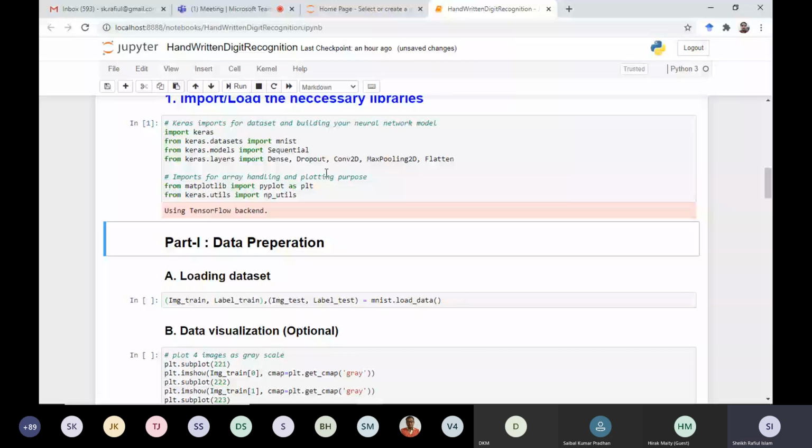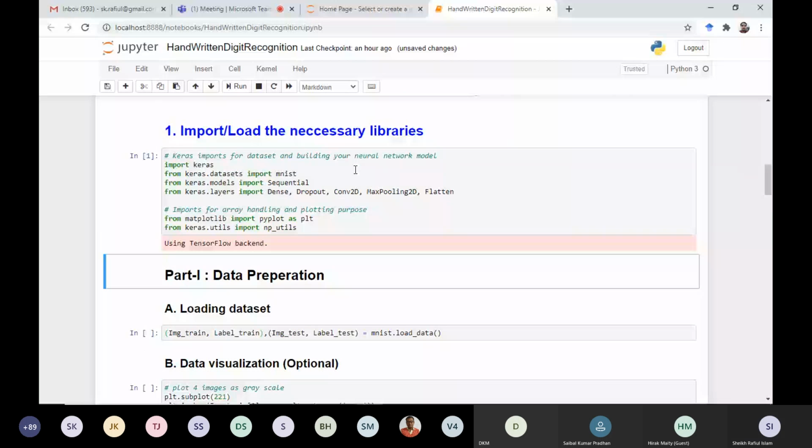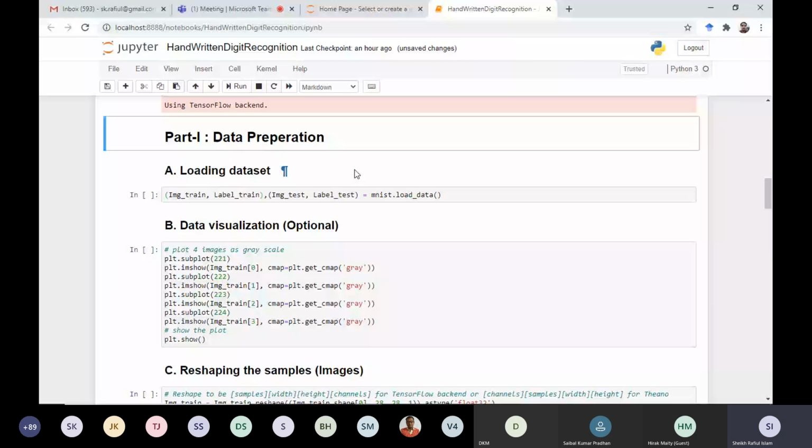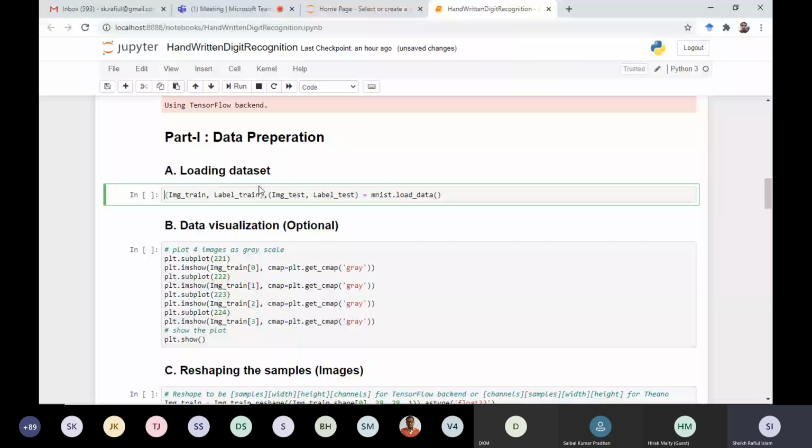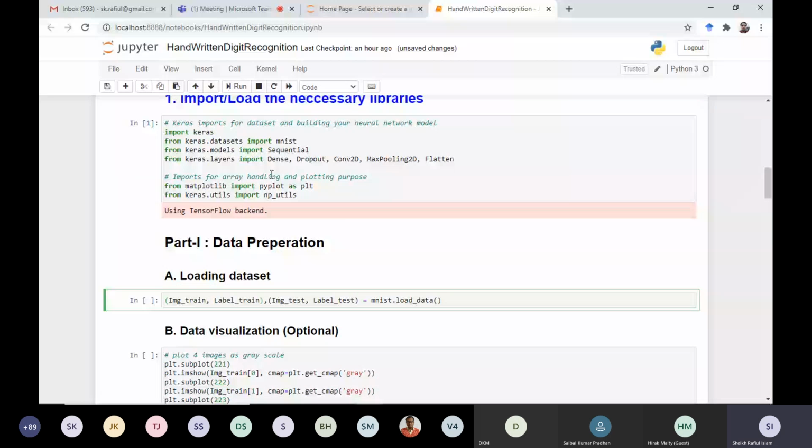There is no hard and fast rule, but you can use Theano, CNTK, all those things, it does not matter. Only very small things you need to modify. I will try to explain that portion also. After importing the required libraries, we need to have the data.